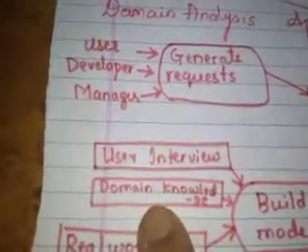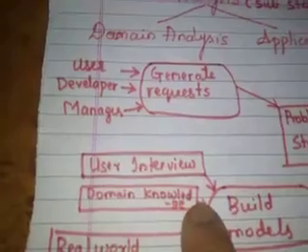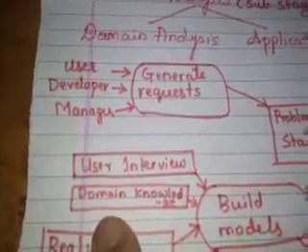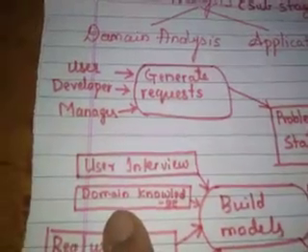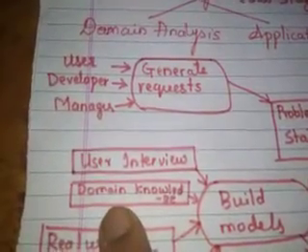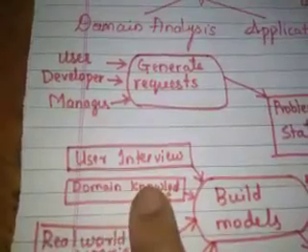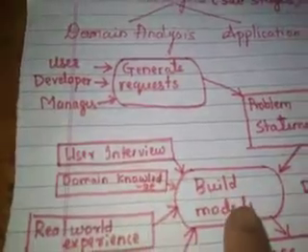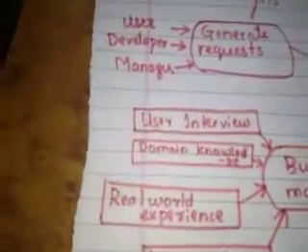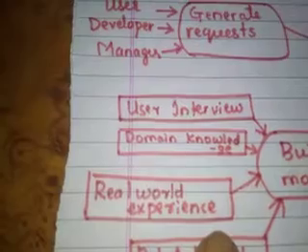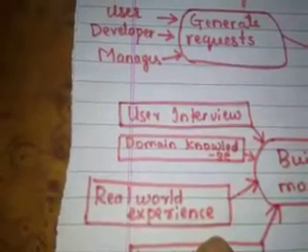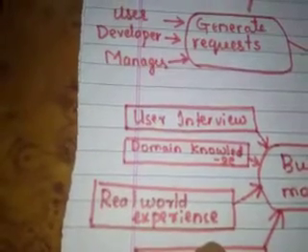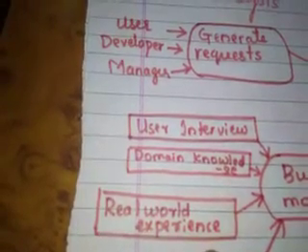Otherwise, we should gather the domain knowledge, since the ATM falls under the banking domain. So I'll go in depth and try to understand what domain knowledge I can gather with respect to the development of that particular software. With that also I can have the details to build the models. Otherwise I personally visit that domain or real-world place and try to experience how the work happens in that particular premises.